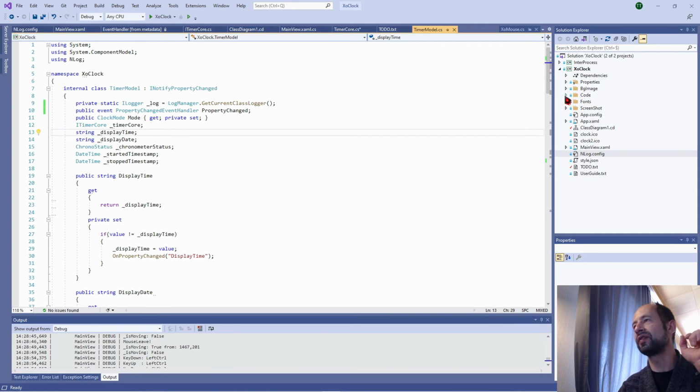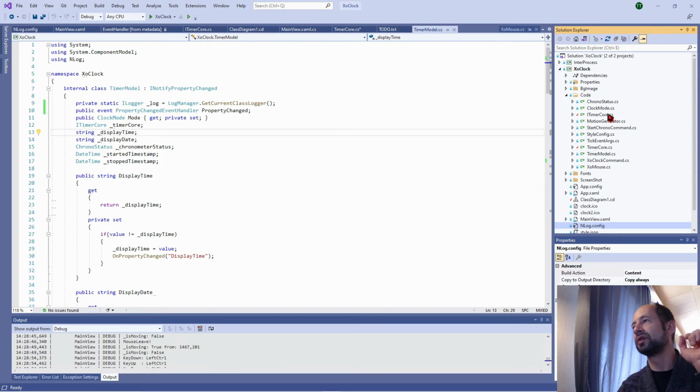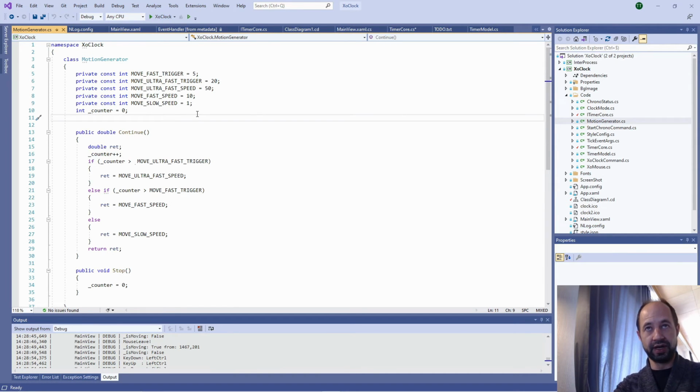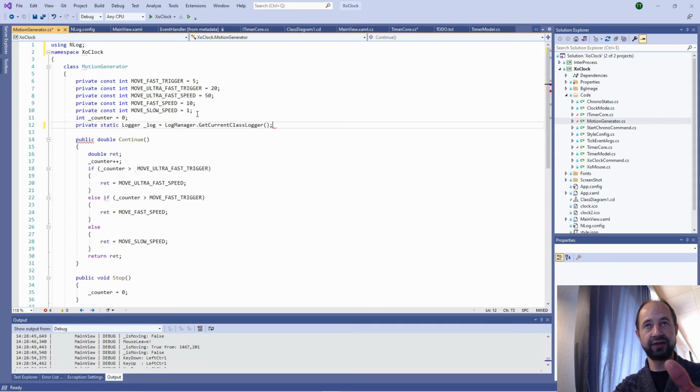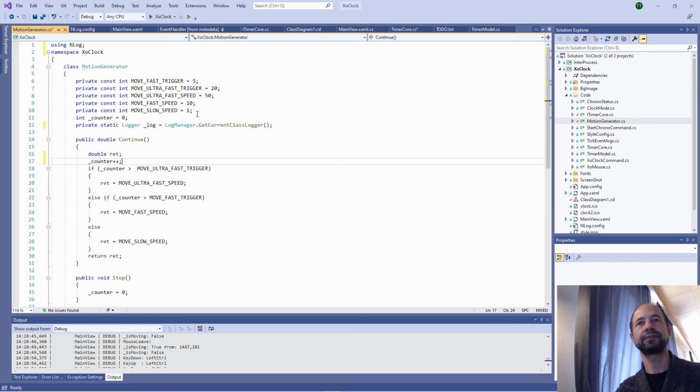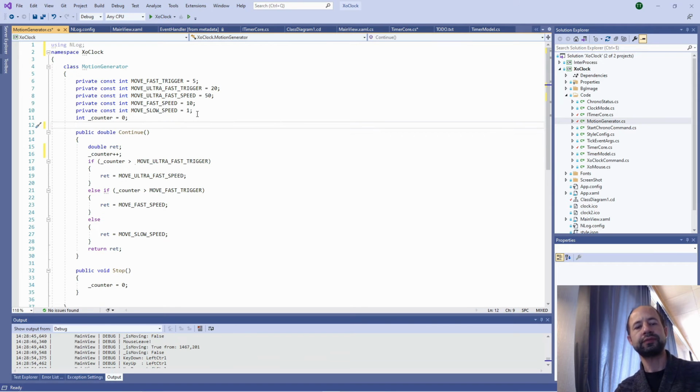If I go to whatever class, let's look at the motion generator, for example, here there is no logger, but suppose that I want to put some log, I'm going to create it like this, log, and here I use dbg, and I'm already ready. This is a log, like this. Okay.